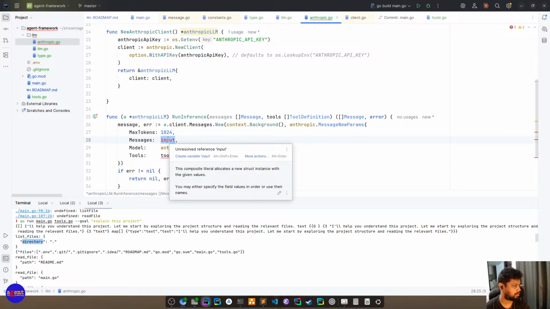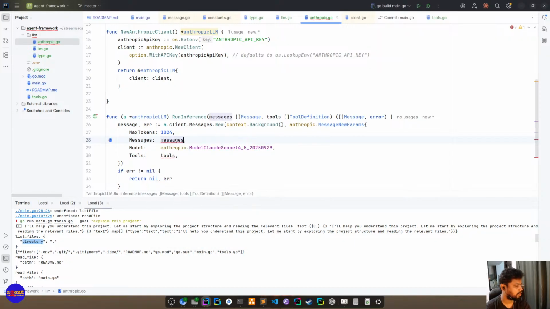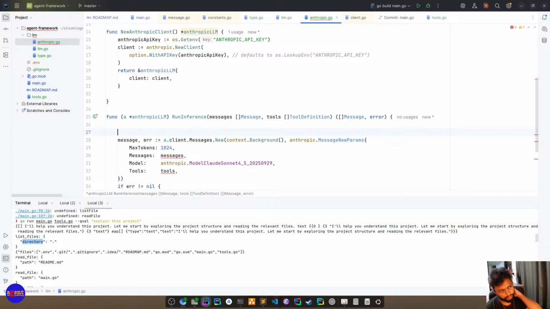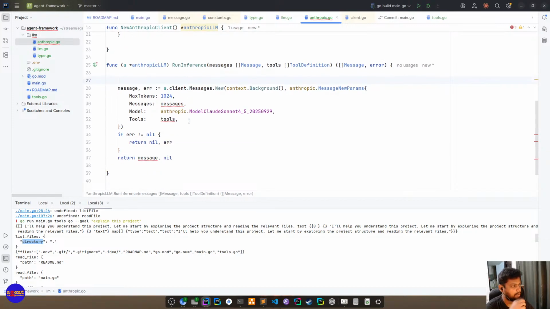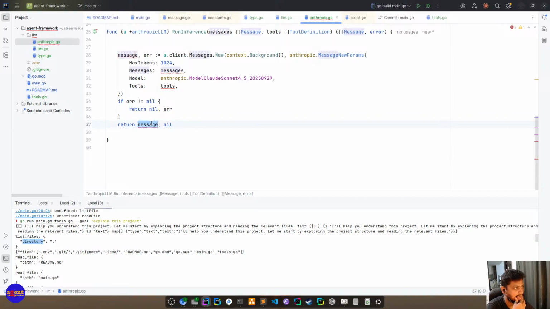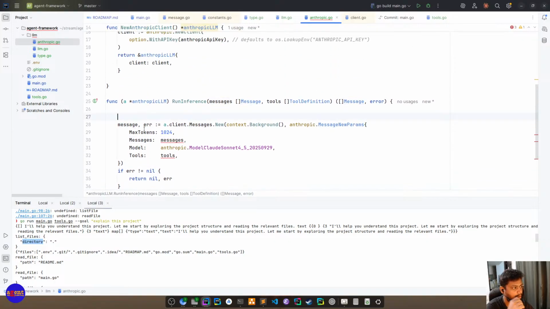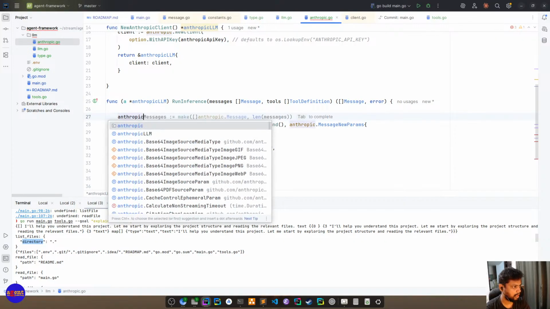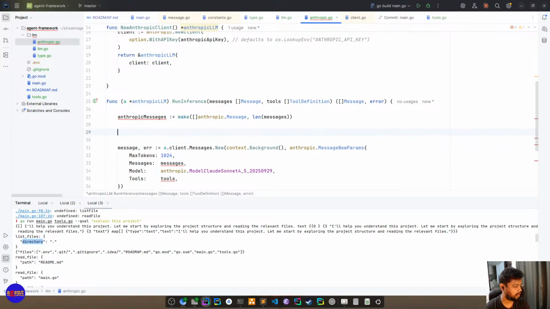And messages is here. Okay, now we have to translate these messages from their definition to our side. So this is the one way we create it and we had to translate it back, right? So big messages is this, right?